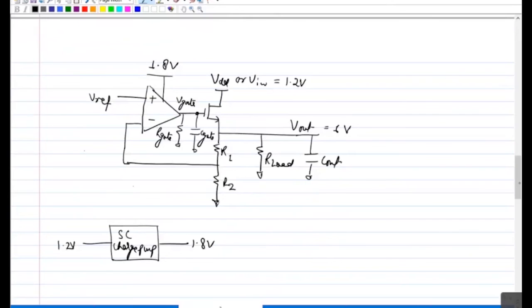But let's say you are supplying to a module which requires 1 amp or 2 amp. Obviously, using a large dropout is not a good idea in that case. That's why I mentioned that for large current, you prefer a low dropout regulator like a 50 millivolt, 100 millivolt kind of dropout. And if you have a large dropout, then you can use a linear regulator only where your load current is small. But for large load currents, you always prefer a low dropout. And if your dropout is large, then you have no choice but to go to a switching regulator for better efficiency for higher load current applications.